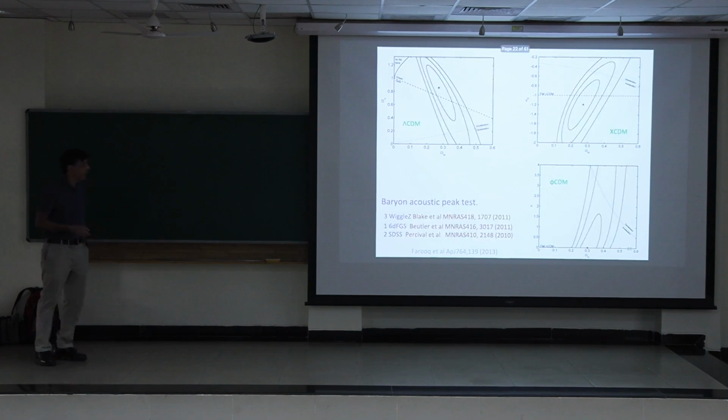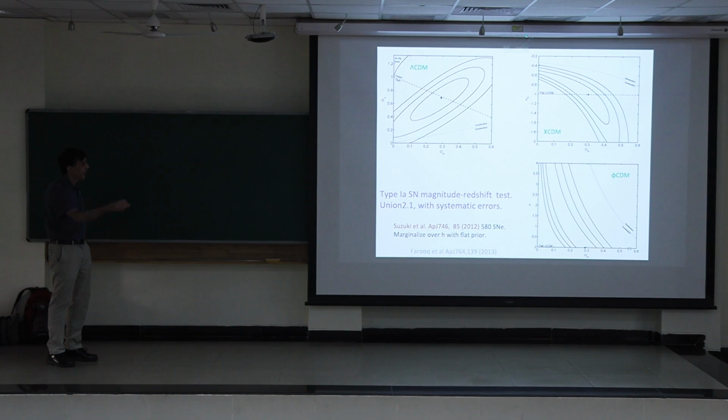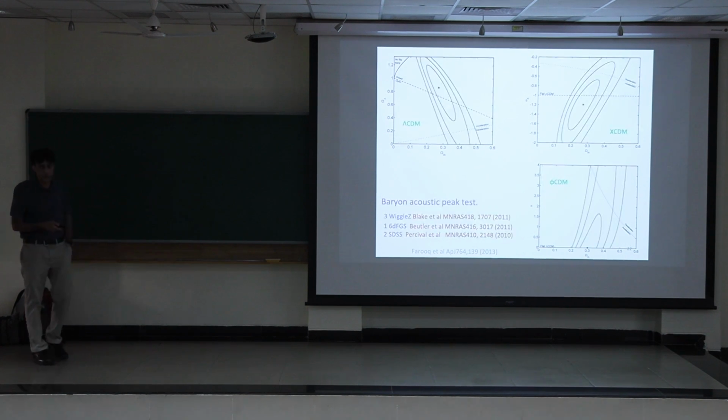And we can go through this relatively quickly because this is older data, it's not that useful. But if we look at BAO, you see the same sort of things. Most of the probability is in the accelerated part of parameter space. They're all consistent with the standard model. And there's lots of room for space curvature and dark energy dynamics. But probably the most interesting thing is that these contours are aligned this way. And if you go back over here, they're almost perpendicular to these contours. So if you do a joint analysis, you're going to end up with much, much tighter constraints.